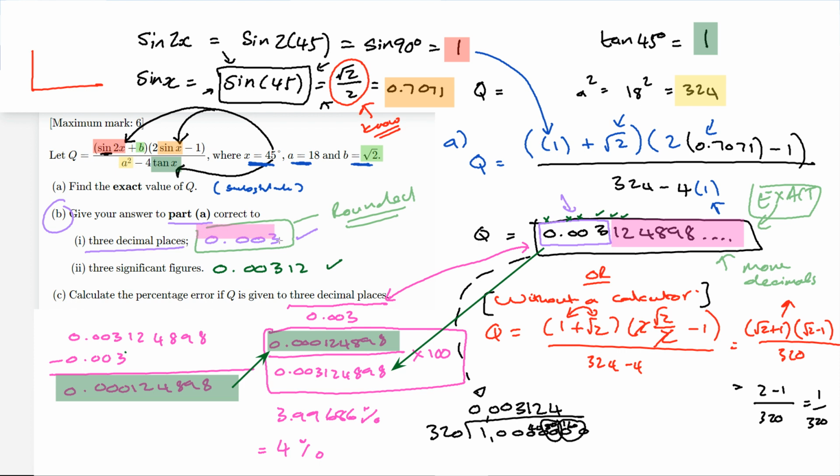The answer is not exact, which means it's close to 100% correct. It's not 100% correct. It's actually 96% correct. 4% of the entire number comes from that decimal that we took away. All right. So when you round a number, you lose accuracy. And when you round it to three decimal places, you will lose 4% of your